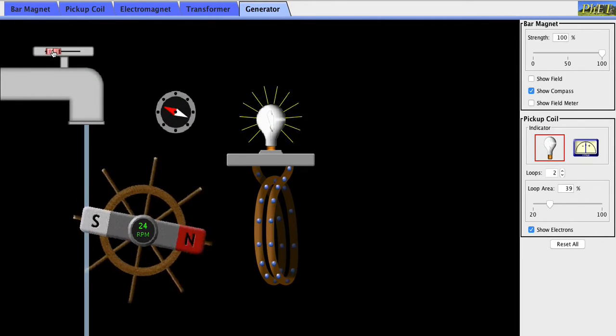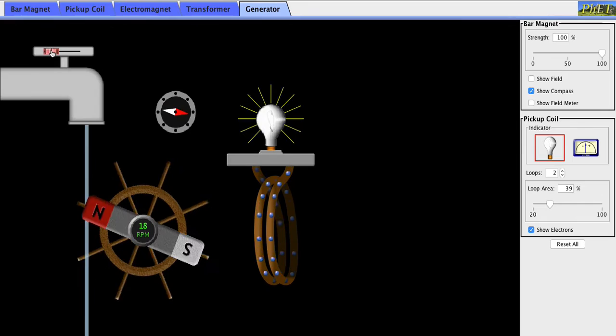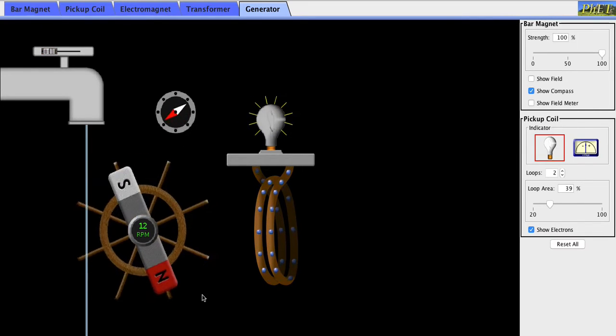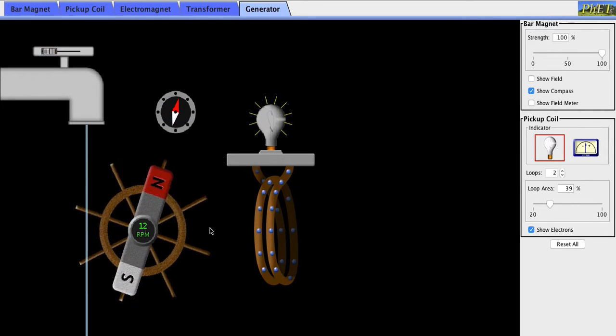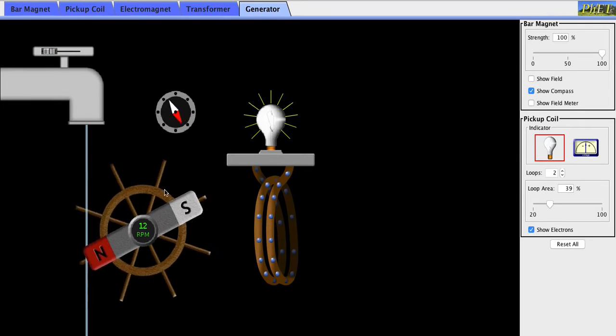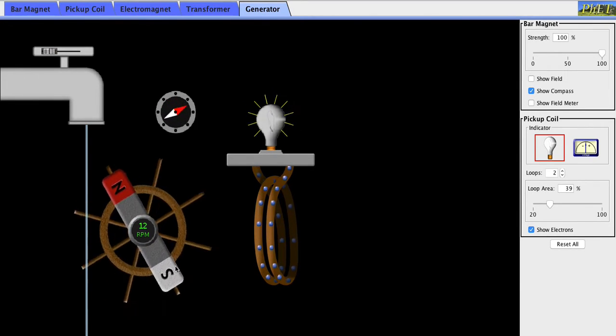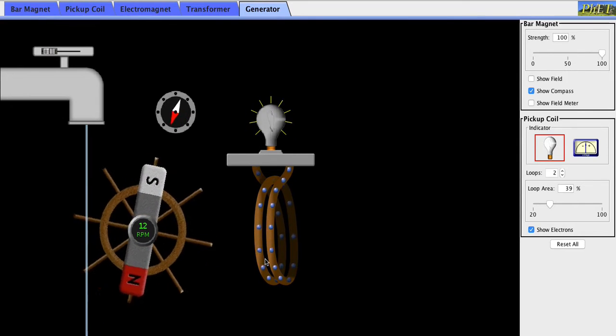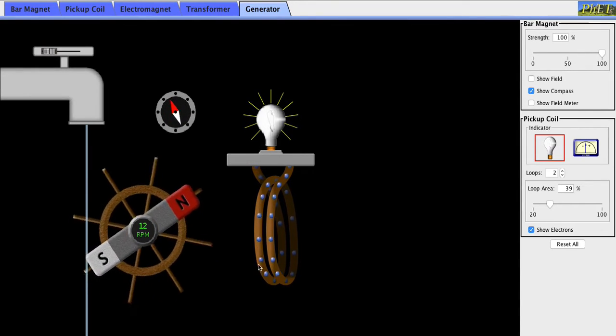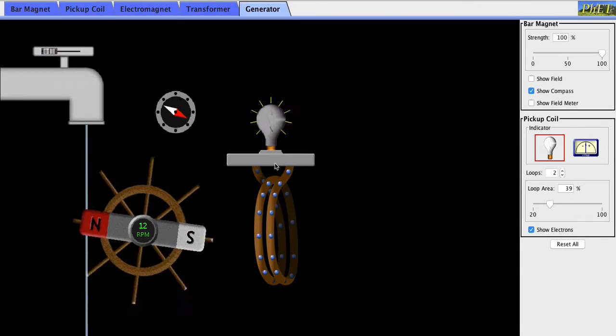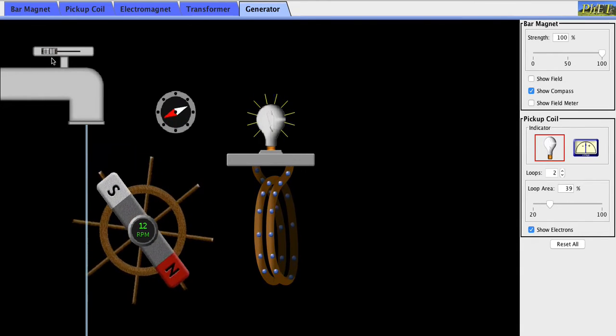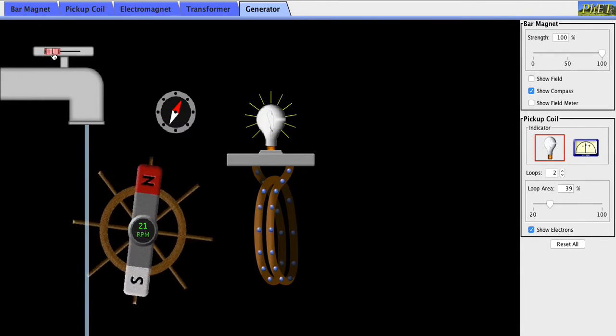As you can see here, I have a generator that's already spinning, and you'll notice that the magnet that's on this wheel is turning, and the north-south poles are switching sides. And as that happens, that magnetic field from this magnet is pushing the electrons back and forth, causing an AC current. And as you can see, that's powering our light bulb. So what I can do is I can turn up the current,